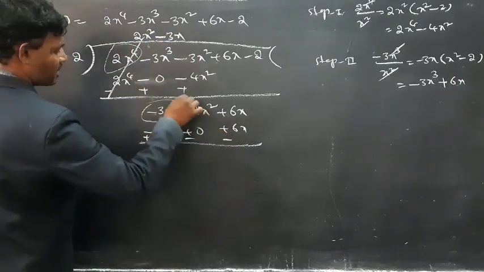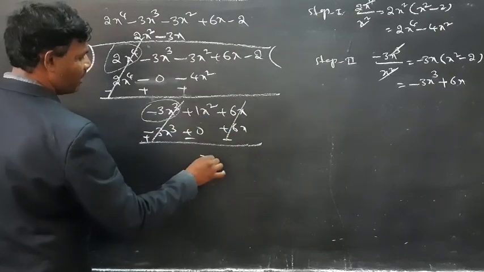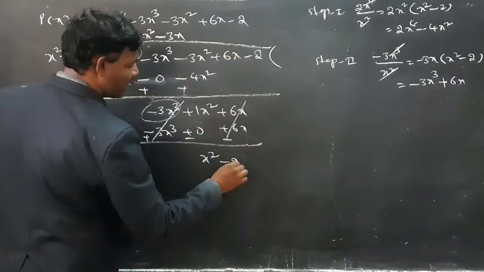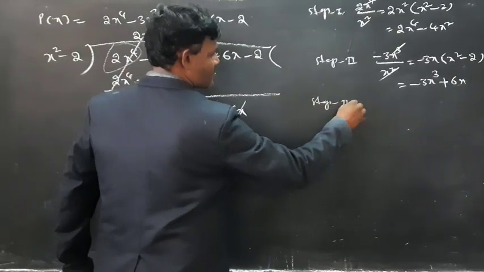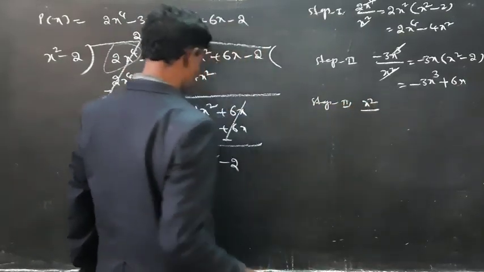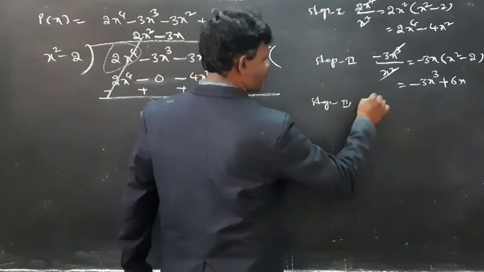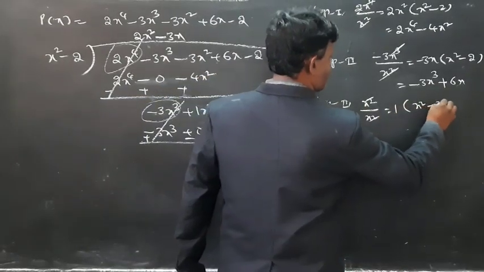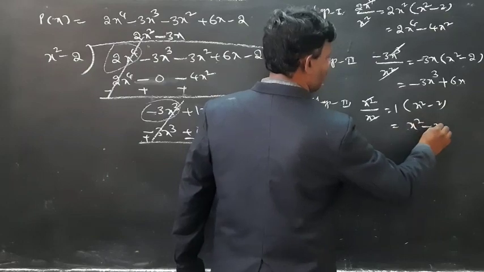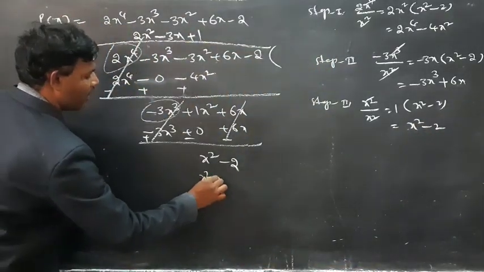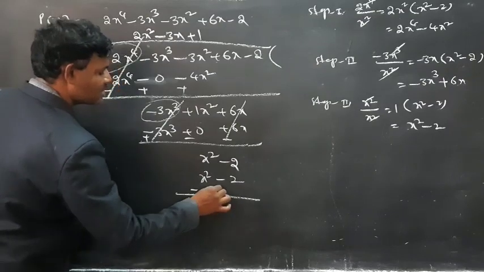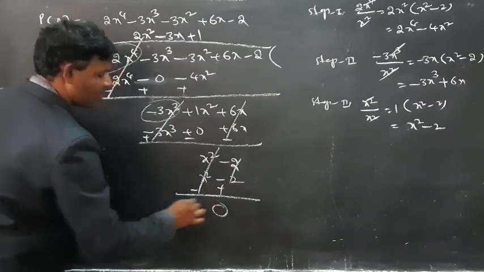Plus, minus and minus. Both are cancelled. So what is remaining? X square. Now I am taking minus 2 beside. Step 3. 1 into x square minus 2 is equal to x square minus 2. So here I am writing 1. So downside x square minus 2 minus plus, both are cancelled. So remainder 0. Here after dividing the polynomial, the factors of p of